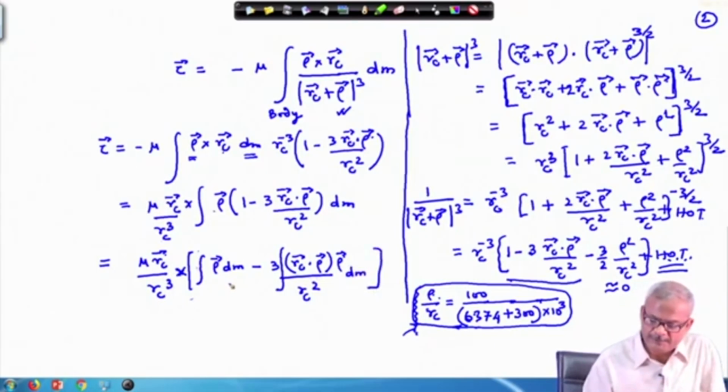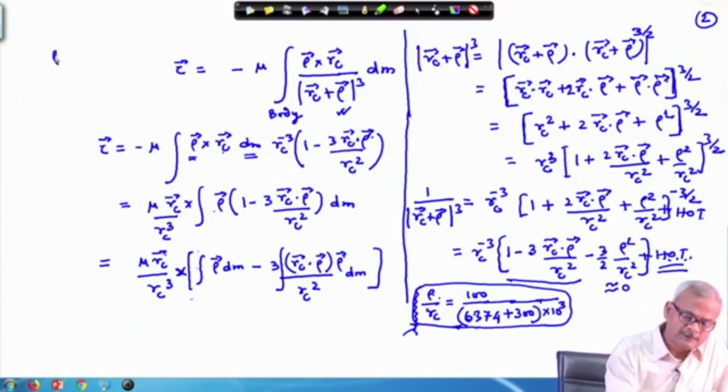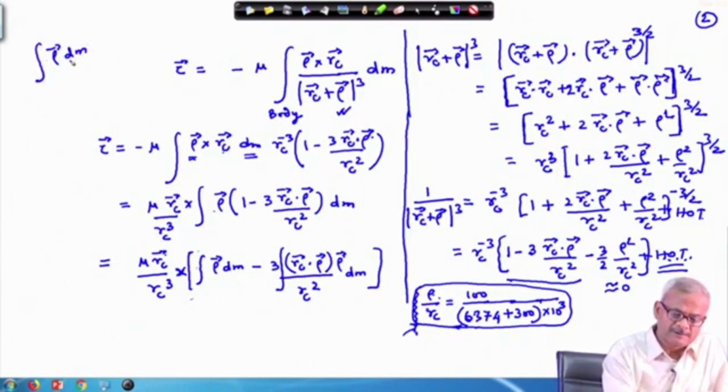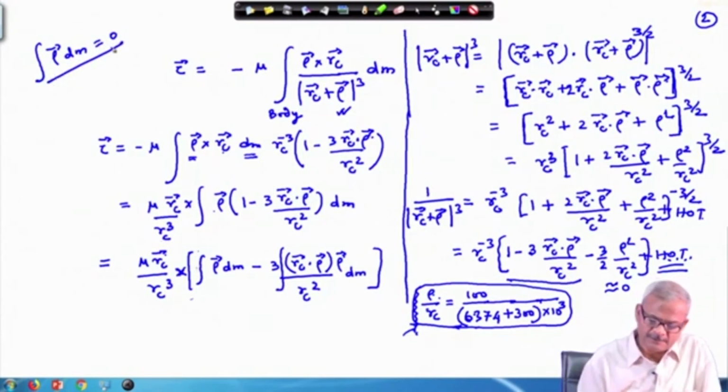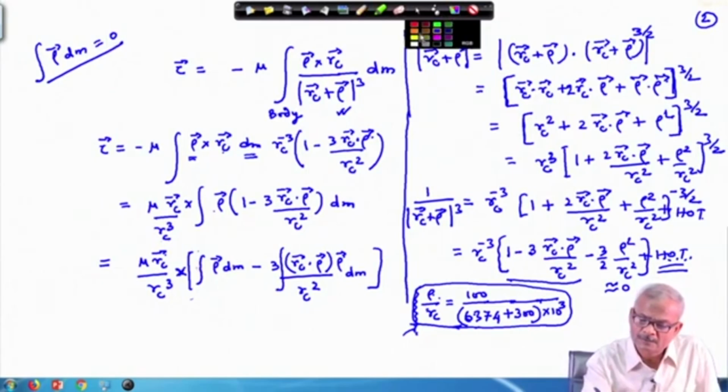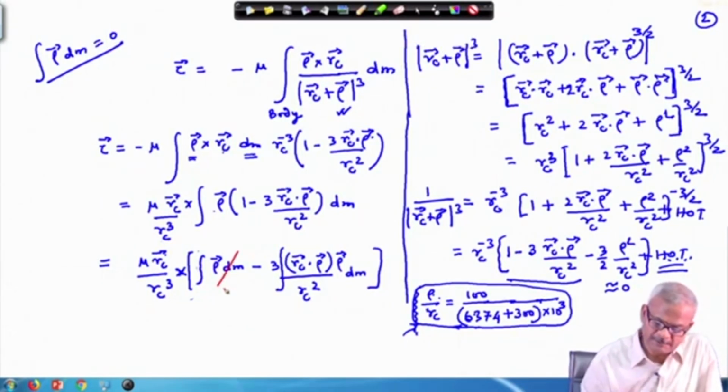Okay. So, these are the two integrations, and we know that rho d m, because rho is taken from the center of mass of the satellite, this quantity will be 0, as we have discussed earlier also. So, this quantity vanishes, this quantity will be equal to 0,